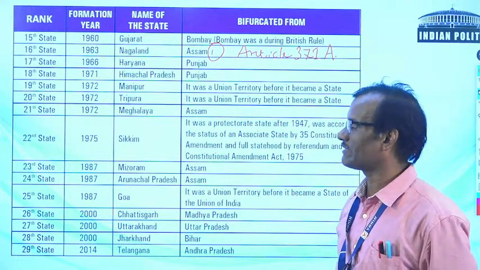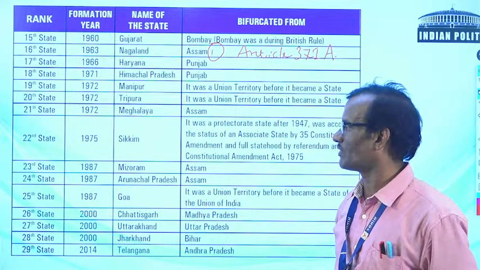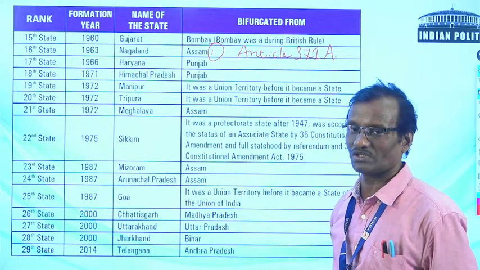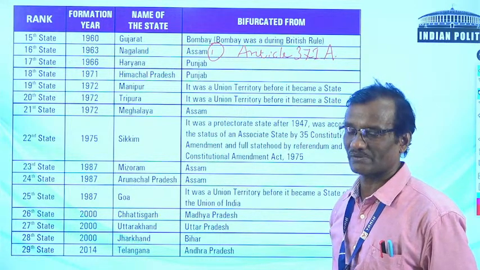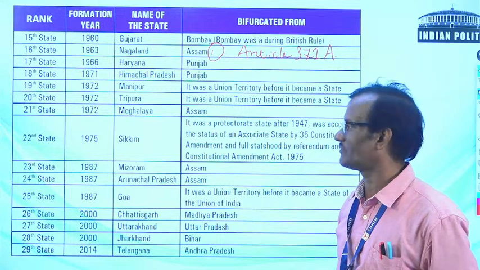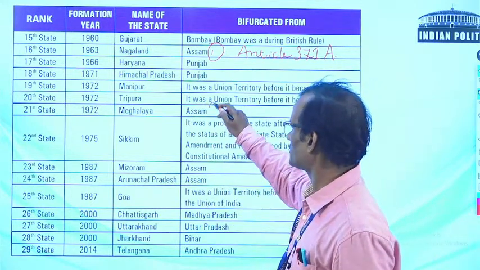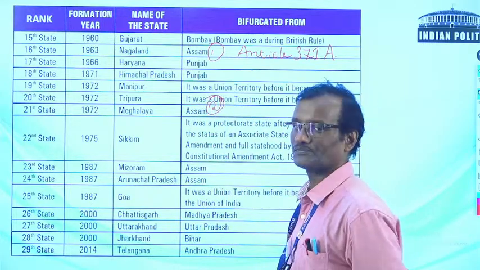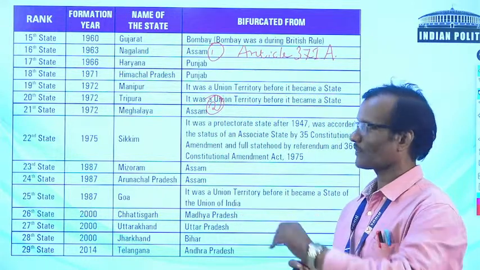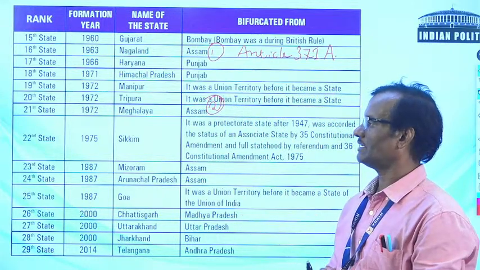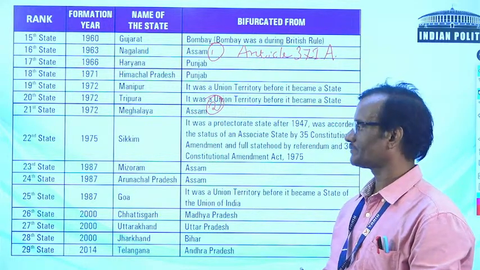Then the 19th state became Manipur in 1972, the 20th state Tripura in 1972. They were union territories, and the 21st state also in 1972. So in 1972, 3 states were formed. And the 21st state was Meghalaya, and it was Assam 2. Then your 22nd state,